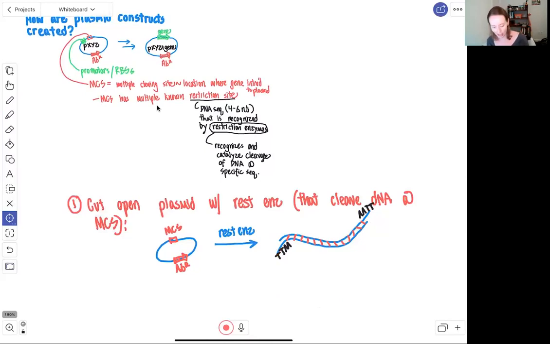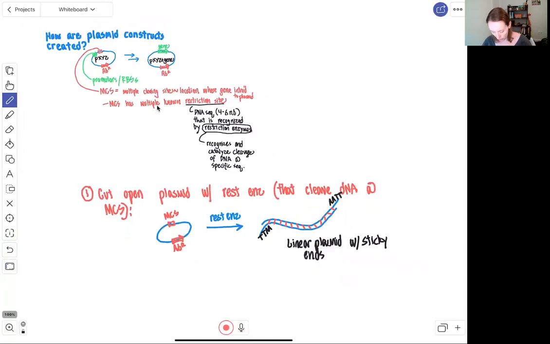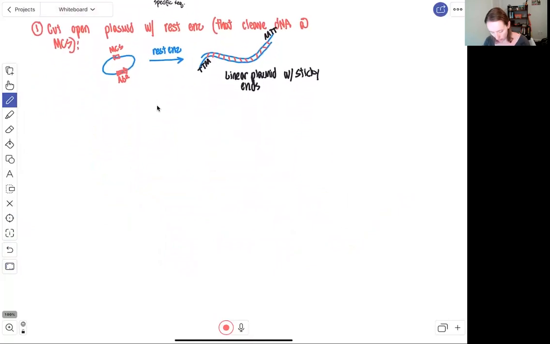So now that we have this linearized plasmid with sticky ends, those sticky ends are eager to find mates. They are eager to find DNA that is complementary to that. And so what we can do is create a gene insert that has sticky ends that are complementary to the ones at each end of our cut plasmid. So step 2 in the process, which in actuality can be done simultaneous to step 1 if we're working in the lab,